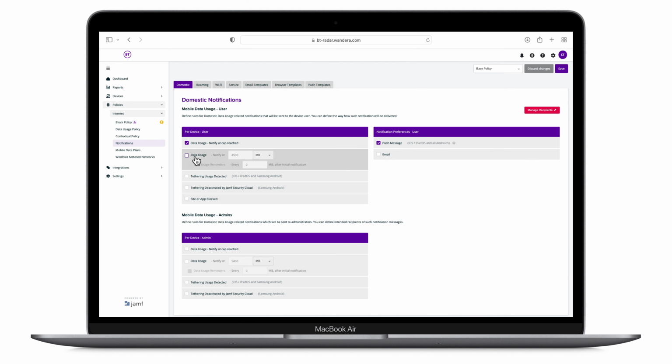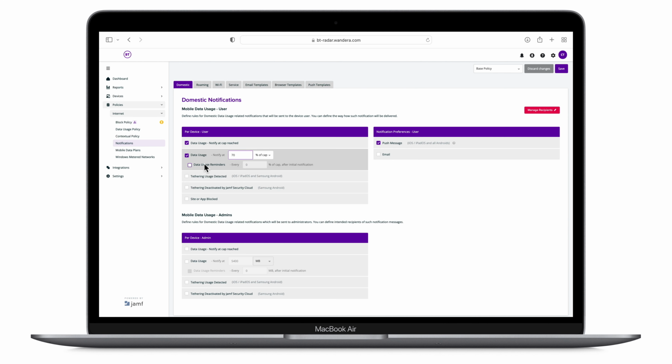Directly underneath, we can set usage alerts to occur at specific data usage intervals based on megabytes or percentages. Let's select data usage and change megabytes to percent of cap. Clear out the 4500 that shows up by default and replace it with the percentage at which you would like your users to be notified. As an example, I am going to input 70.